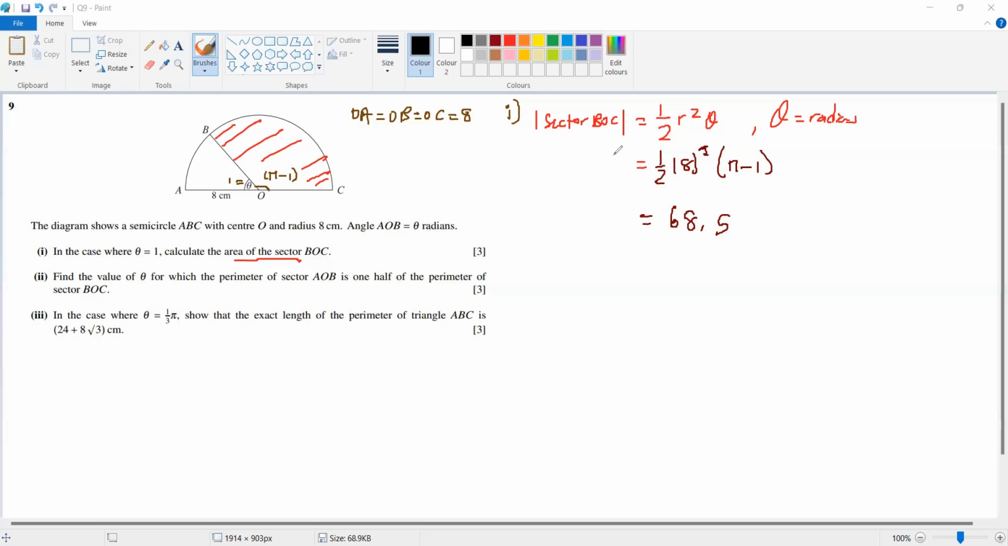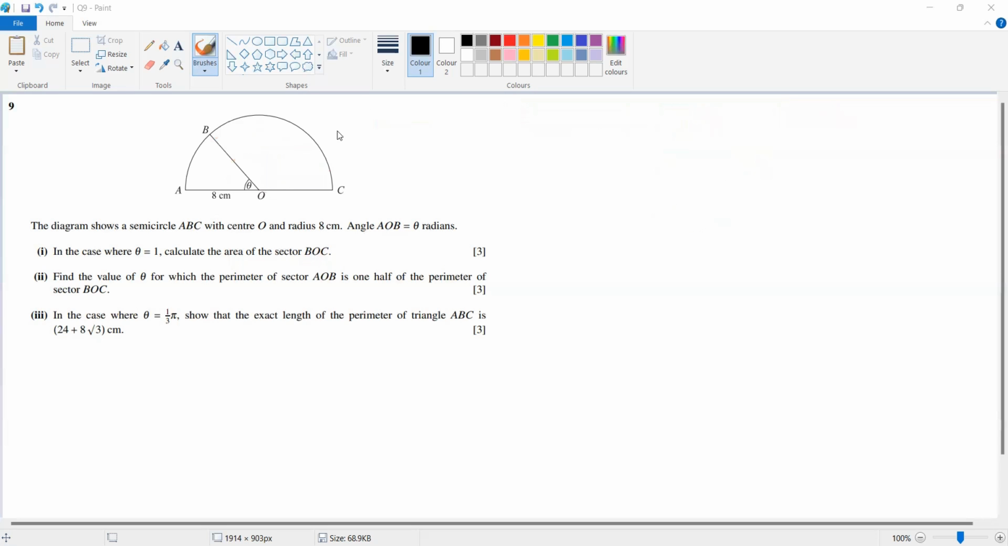Let's do the next part, please. So the second part is you find the value of theta for which the perimeter of sector AOB is equal to half of the perimeter of sector BOC. So the keyword here is perimeter. So let's look at it a bit more closely. The perimeter of sector AOB is equal to half of the perimeter